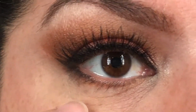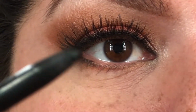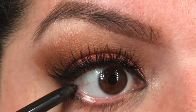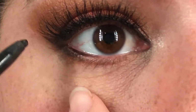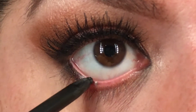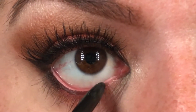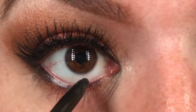You can see this eye, the waterline is blank, and I'm going to take an Infallible 16-hour wear eyeliner, just a black eyeliner, and I'm going to go ahead and pull down my waterline, and I'm going to place the eyeliner right in the waterline. Just like this. Now, a lot of times I want to take it closer to the edge, closer to my eyeball, because for some reason it comes off right here first on me. But I'm just lining my